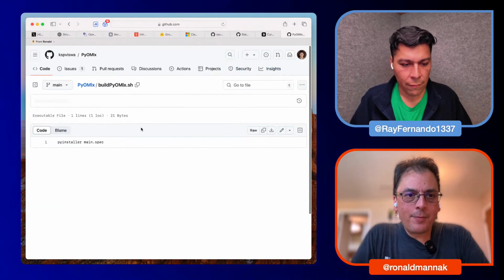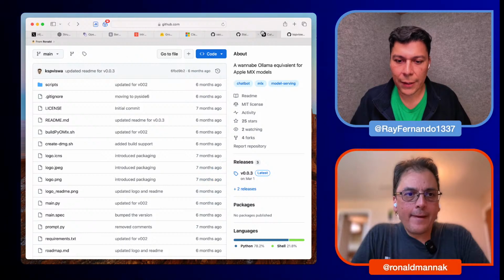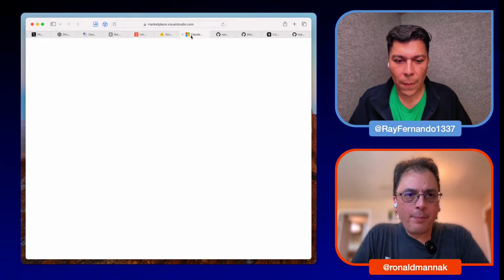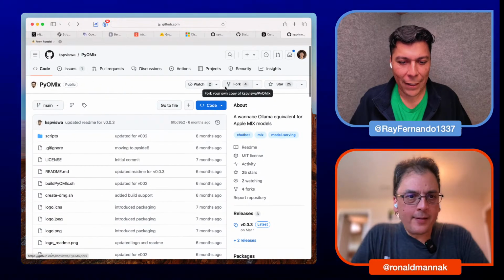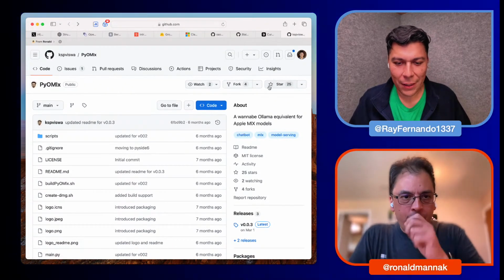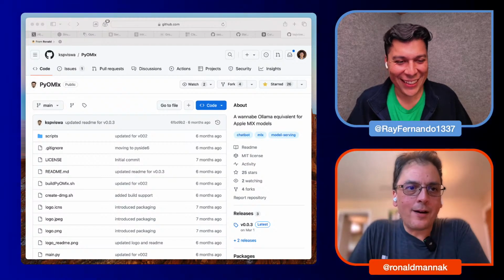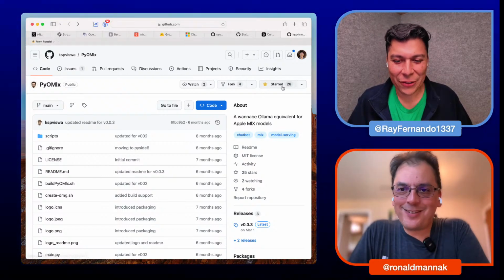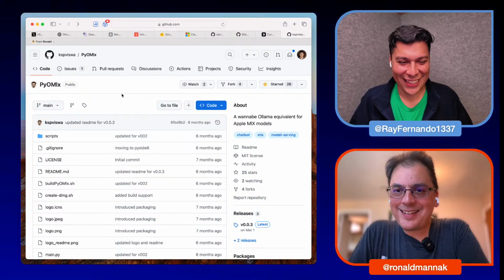Super interesting, I like it. That's really cool. We're looking at a roadmap, roadmap.md. This is more about caching, listing models, and making a Mac app. Excuse me, I'm going to star it. 26 stars. Okay, 27.